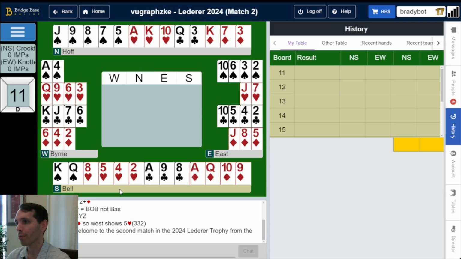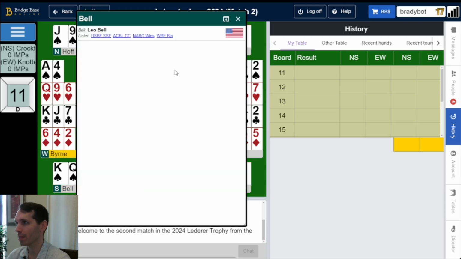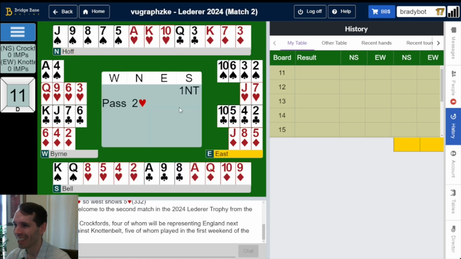So we have Hoff and one of the bells. Wait, Leo Bell? I don't think this is the right one. Okay, maybe our nameplates are a little bit inaccurate now, but